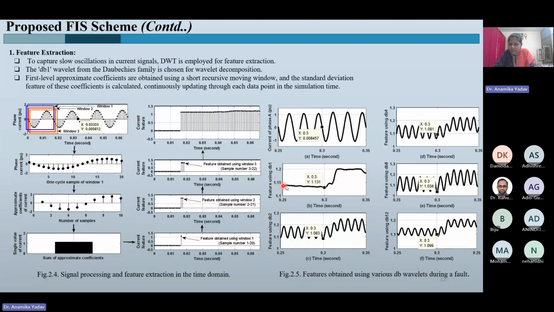You can see that up till there is no fault, the system is having a lower value of feature, and as the fault presence at this point 3, the fault has been incepted. So there is change in the nature of the feature vector, and particularly dB1 we have seen for all Daubechies wavelets, dB2, 3, 4, 8 and dB12. So this dB1 is giving you the clear picture of presence of fault, so that has been taken as an input feature